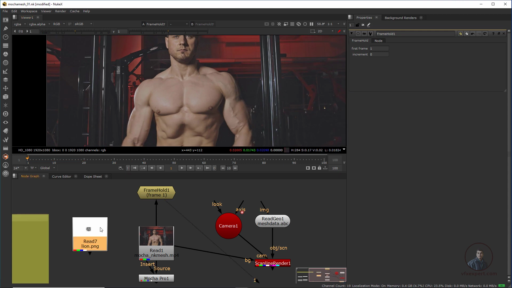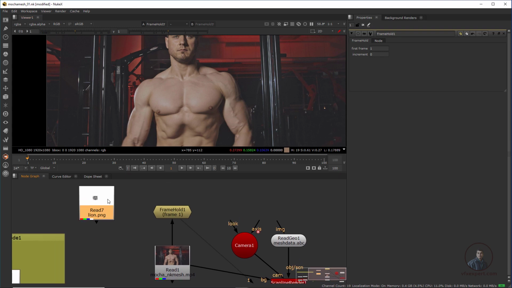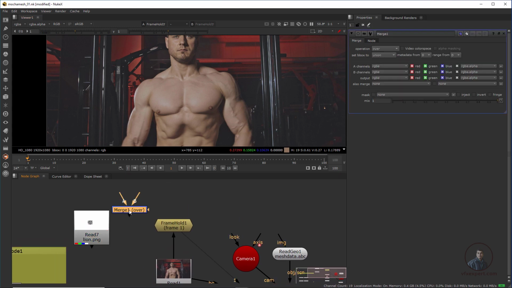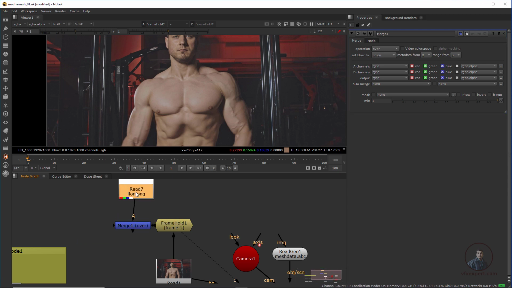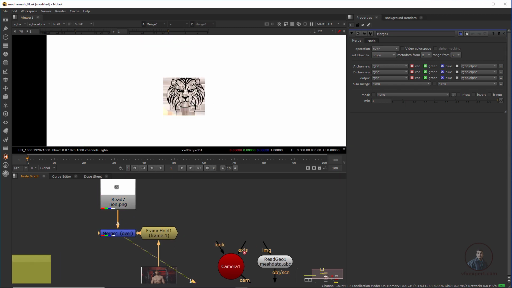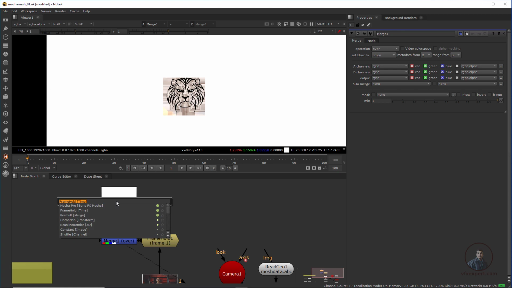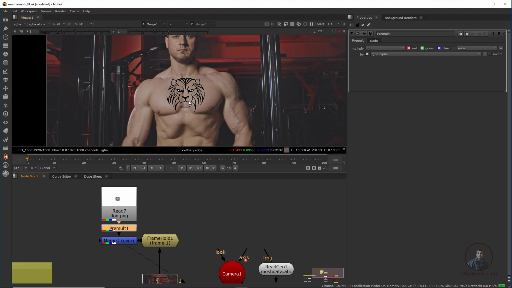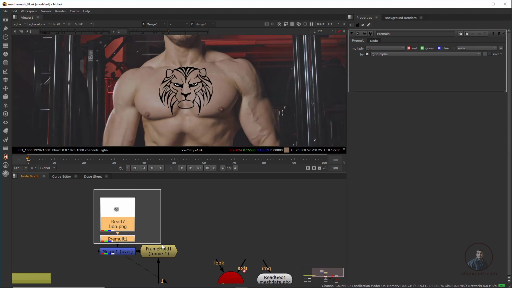According to this image I will place this tattoo here. That's why I have created a single frame, or you can take any frame where you can easily place this tattoo. Now after this take a merge tool, press M, background, then make it foreground like this, then view our merge here, select this one and press 1. Now you can see, I think alpha is there but it's not showing here. So select this image, press tab and type premult, because this is a PNG image. Just type premult here, so you can easily see like this.